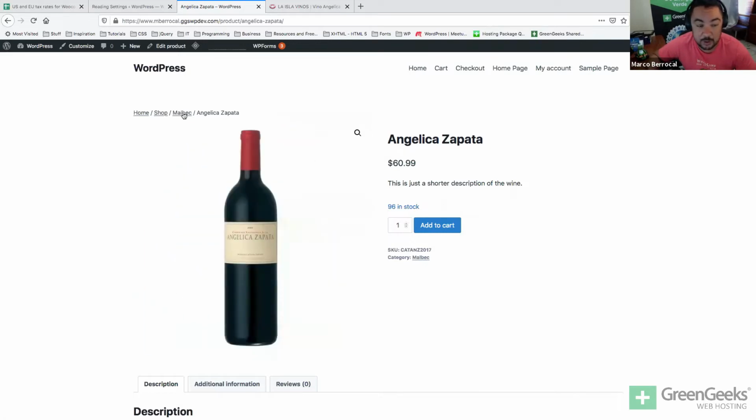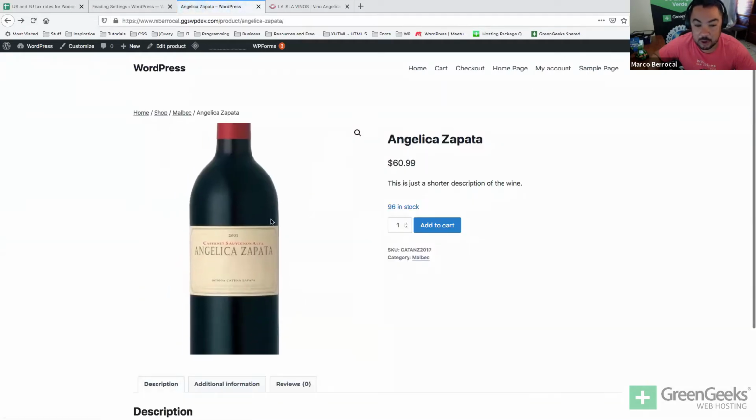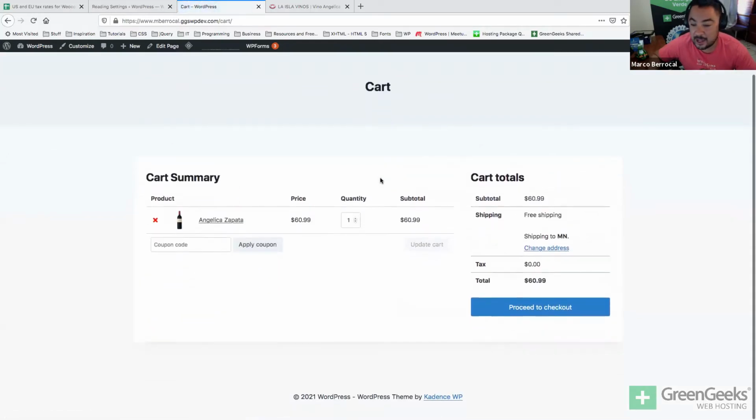I mean, we've done categories over here. If I click on Malbec, I'm going to see the entire list of Malbecs that I have available. So I can go ahead and add this to my cart, and I can view my cart over here, and I can now go to the checkout process. I'm going to update my cart,